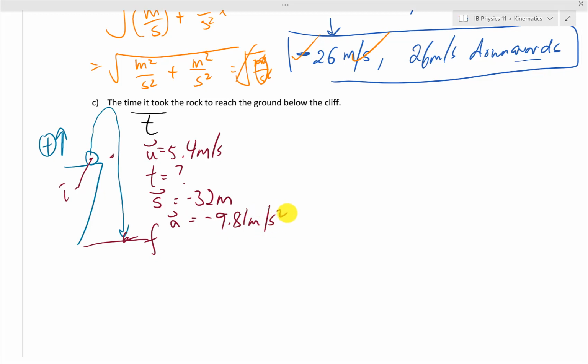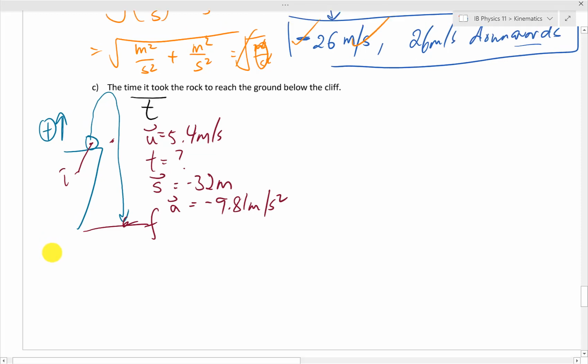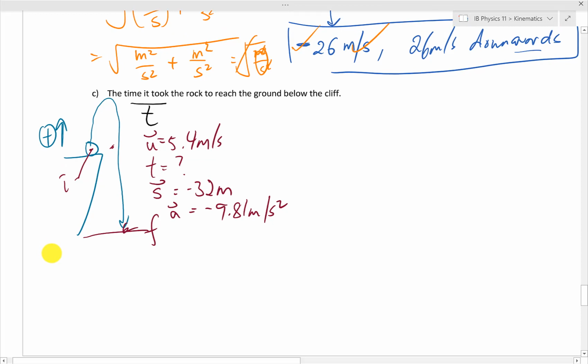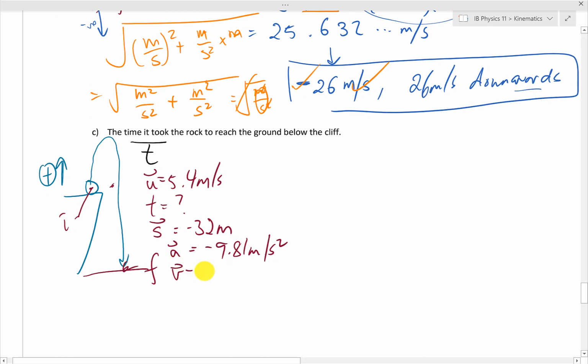There are actually two ways of solving this problem. There is an easier way, a shorter way, and a longer way. I am going to do both, and I am going to put some parts of this video in fast play, but of course I will still explain the majority of the work that I'm doing. The first part, I would say, is the easier out of the two, and that is using our final velocity here from the previous question, and I will write that down, which is negative, and I'm going to keep all my digits,